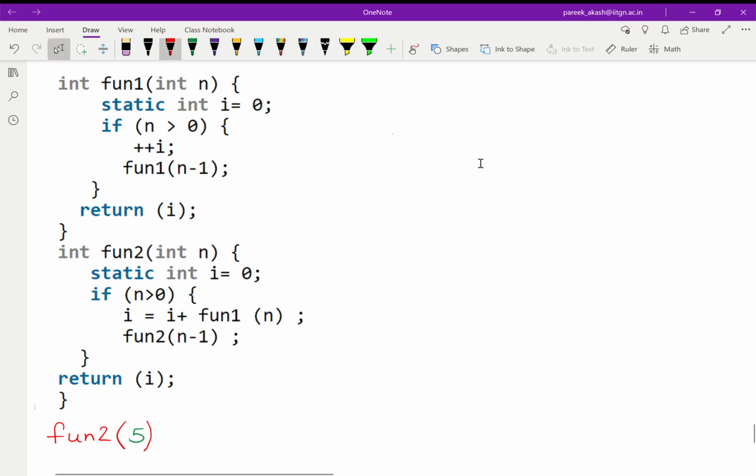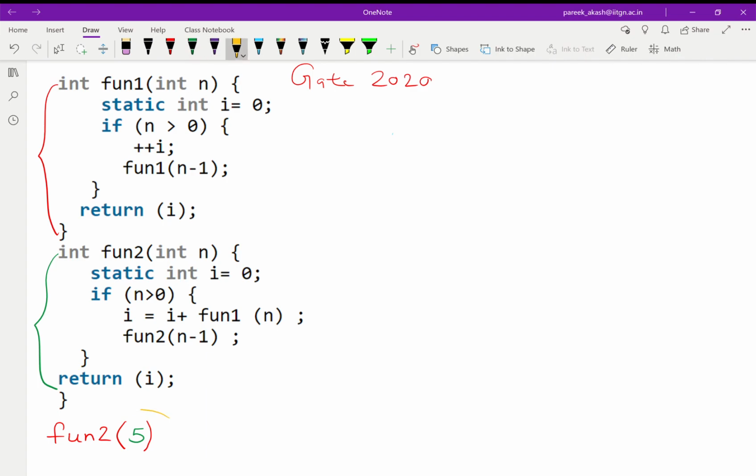Hello everyone, my name is Akash Parik and in today's video we are going to solve a question which has appeared in this year's GATE exam, that is in 2020. This is a C program question, and in this question we have two functions, one is fun1 and the other is fun2, and we have to calculate the output when we are calling function fun2 with value 5. Before going to the code and seeing how we should calculate this,